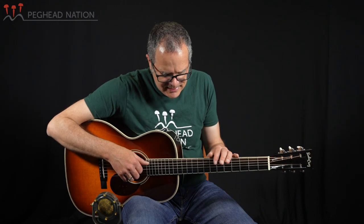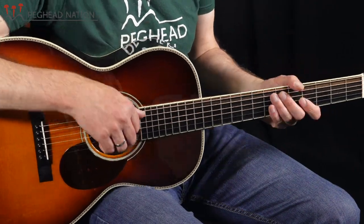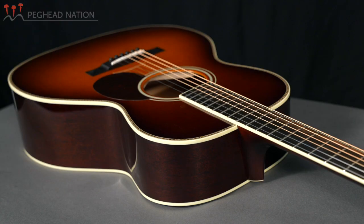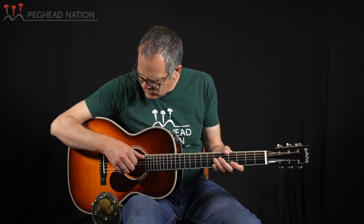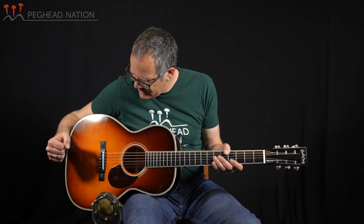So just as is the case with the original Gibson Nick Lucas, the Santa Cruz H has a 13-fret neck joint. It has a fairly deep body, much deeper than most small body guitars, and as such really creates a much bigger sound than a lot of small body guitars do. The 13-fret neck joint puts the bridge right in the sweet spot of the lower bout, and of course Santa